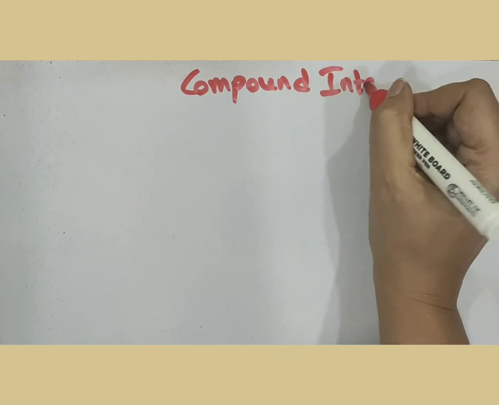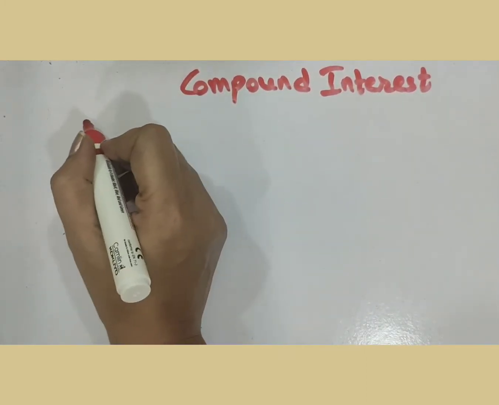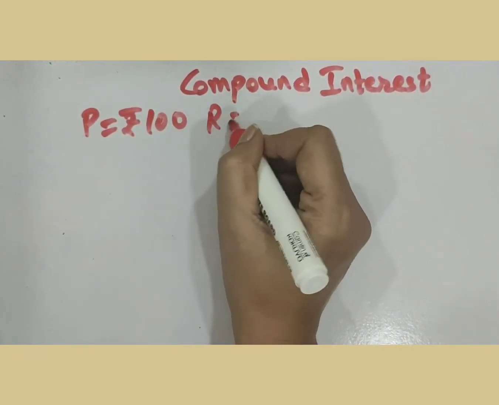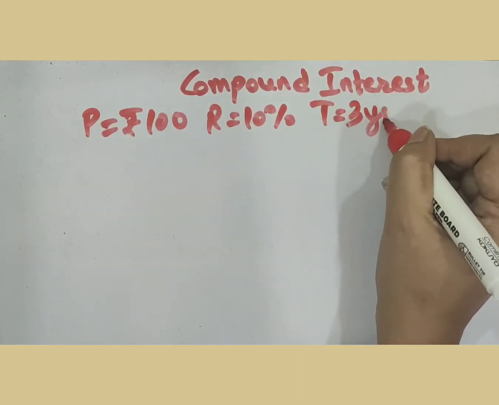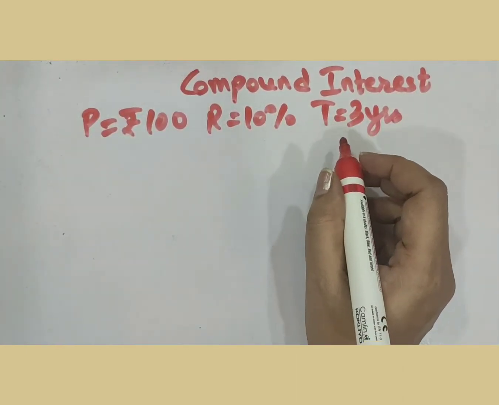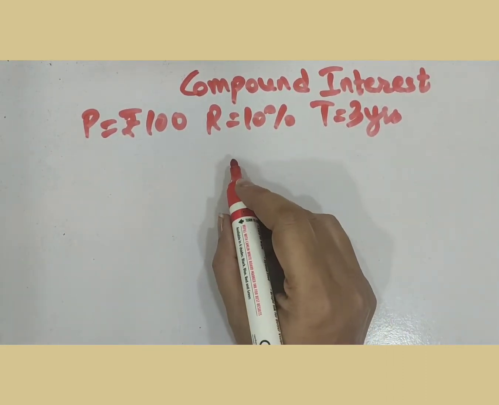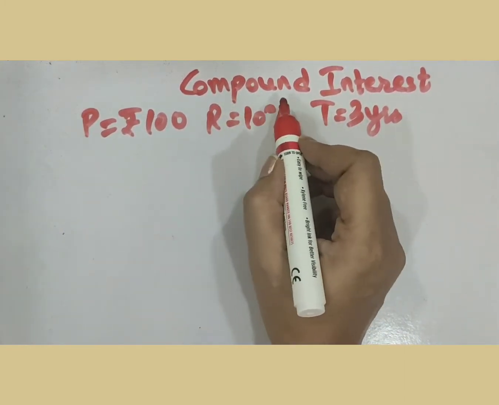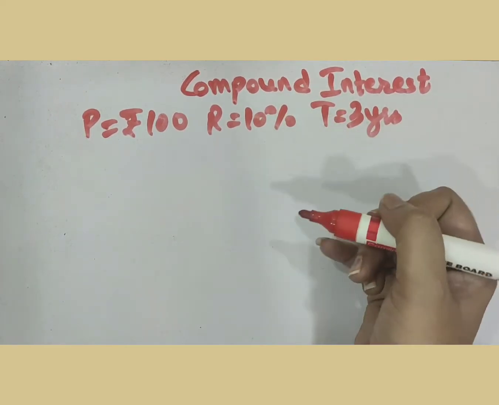Let us start with compound interest. Now to explain this topic, I am going to take an example. Suppose you borrow rupees 100 from the bank at a rate of 10% and time is 3 years. To explain this topic, let us find simple interest and compound interest both, so you will be able to understand the difference between both. From the word compound, you can understand that interest is added and calculated every time.